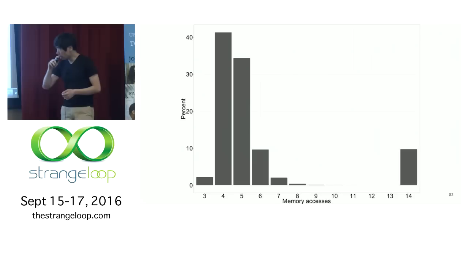So anyway, if we go back to this graph, this is again a histogram of how many memory accesses we have to do per block. You notice it's bimodal. So on the right, you have this set of rows where you have to do 14 memory accesses, or a set of blocks. And on the left, you have this smeared out thing that's some funny thing. Let's talk about the thing on the right first.